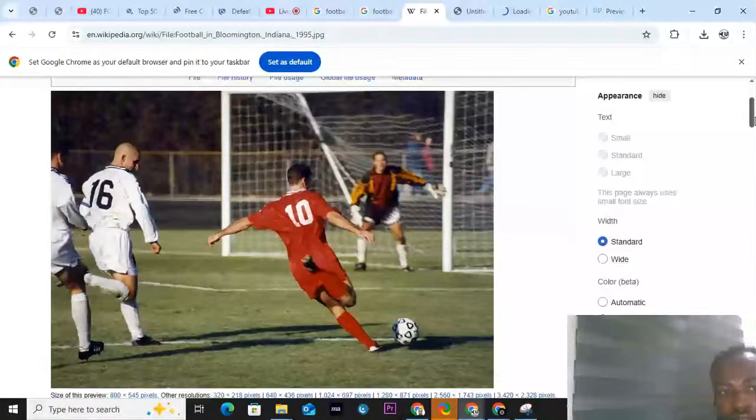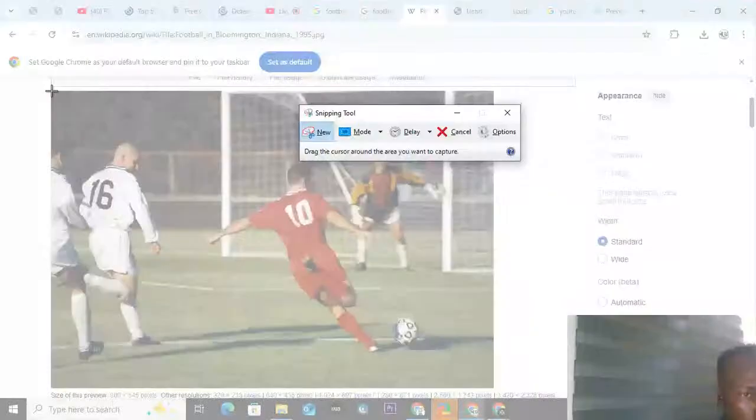So I just need my snip tool. Yeah, if you are able, if it gives you an opportunity to do it like this, you should do it like this. But if it didn't give you any,